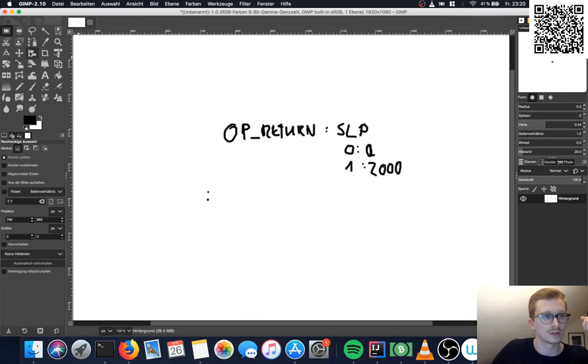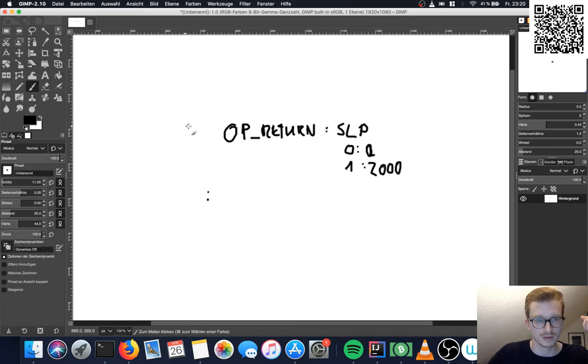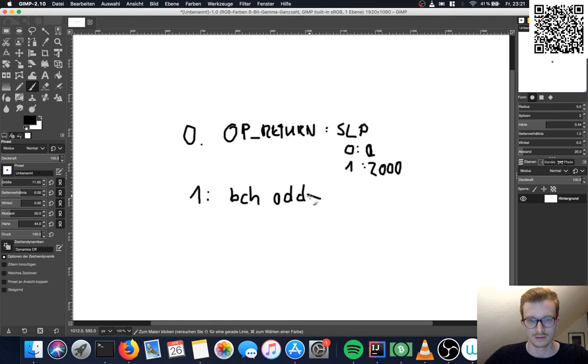Okay, 0-based indices. So the 0th output will be the OP return with the SLP, and the first output is enforced: it is the BCH address, the one in this wallet.